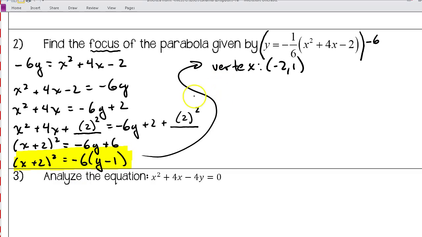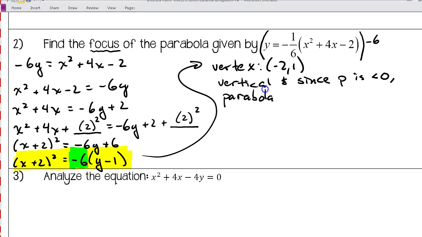So it's going to be vertical, and so here's the value in front here, this -6, this is equal to 4p in my standard equation. So we're going to set this equal to 4p to find out what p is. But the fact that it's negative means that p is negative, which means it's going to open in a negative direction. So vertical, and since p is less than 0,